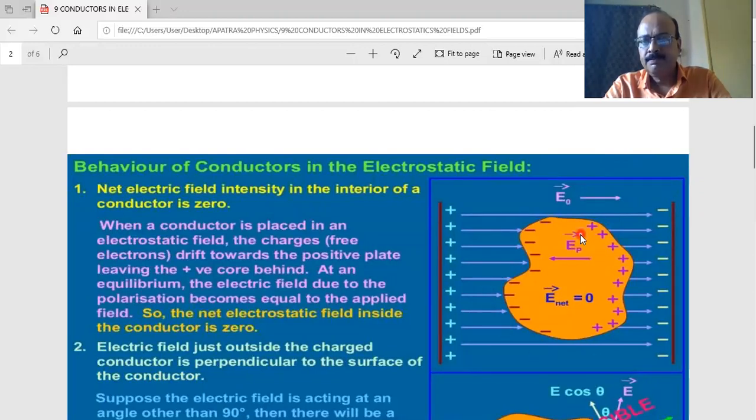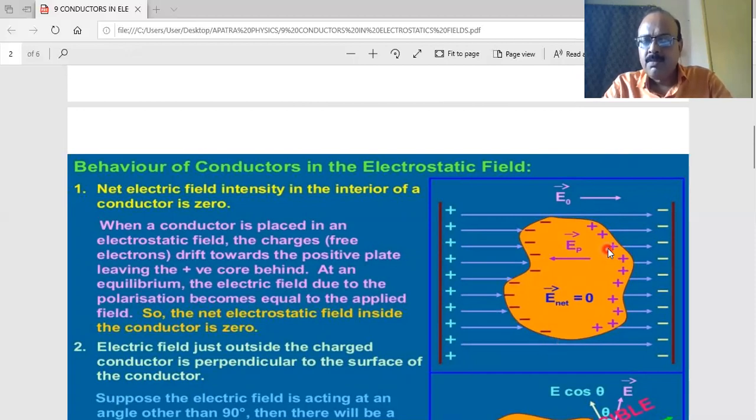It is one conductor. It is placed in a uniform electric field produced by a parallel plate capacitor. It is a positive plate, it is a negative plate. E naught vector, that is the external electric field, and it is now kept in this external electric field. Initially, the electric field also transmitted through this conductor, and the free electrons will be influenced under this electric field. Since these are free electrons, they start to move, and they are moving opposite to the direction of the electric field. That means they deposited here,